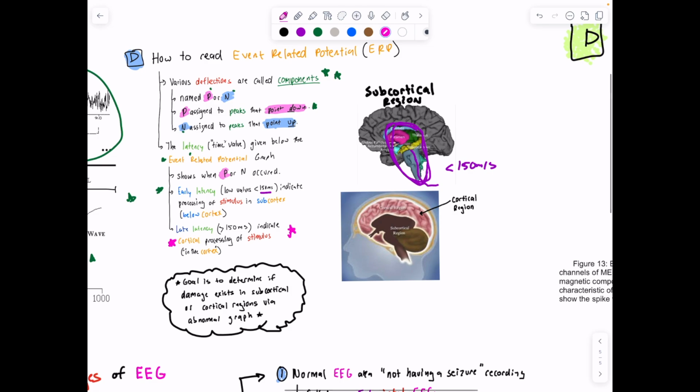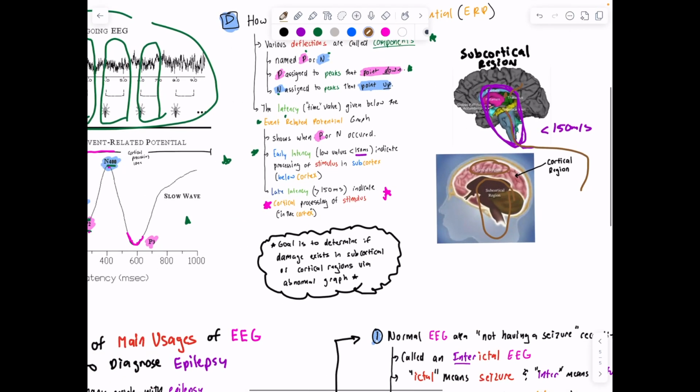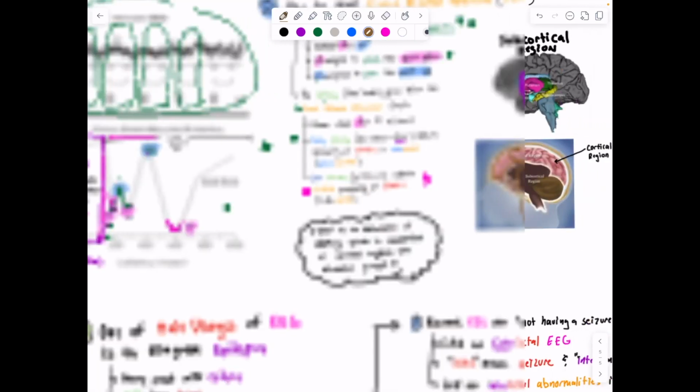I hope it would, because you have your sensory information coming up the brainstem, going to our thalamus, a relay station, and then it's eventually going to go to the cortical region. So it makes sense that the brain would do something first in the thalamus and the subcortical region, and then eventually get to the cortical region, right? So basically, again,